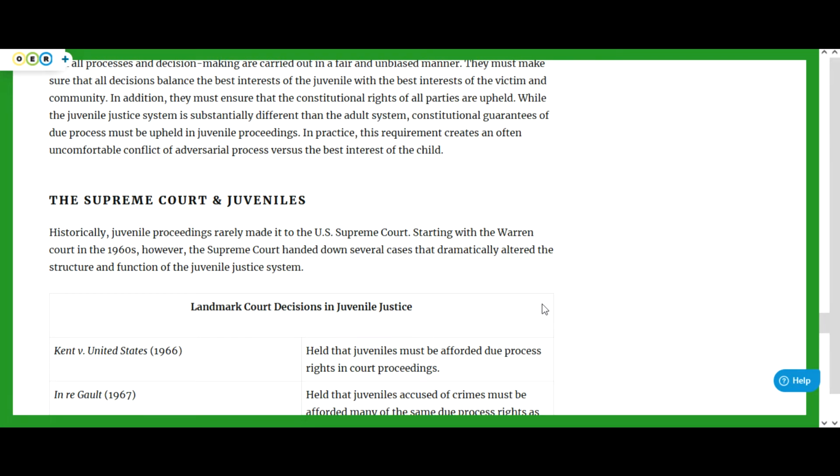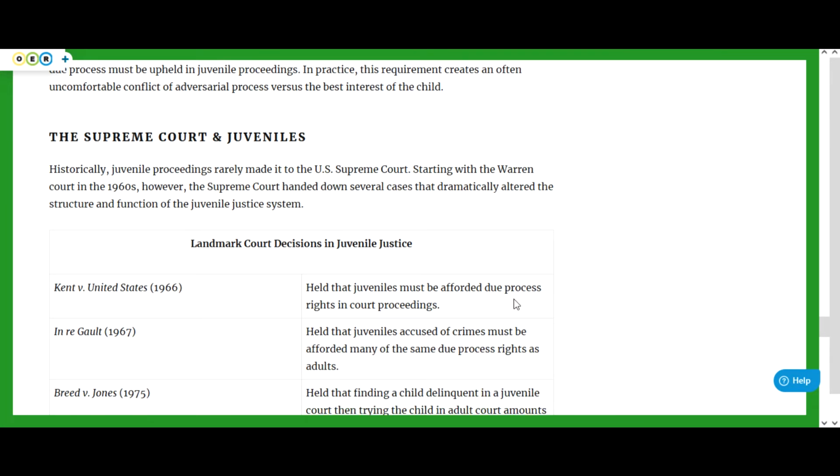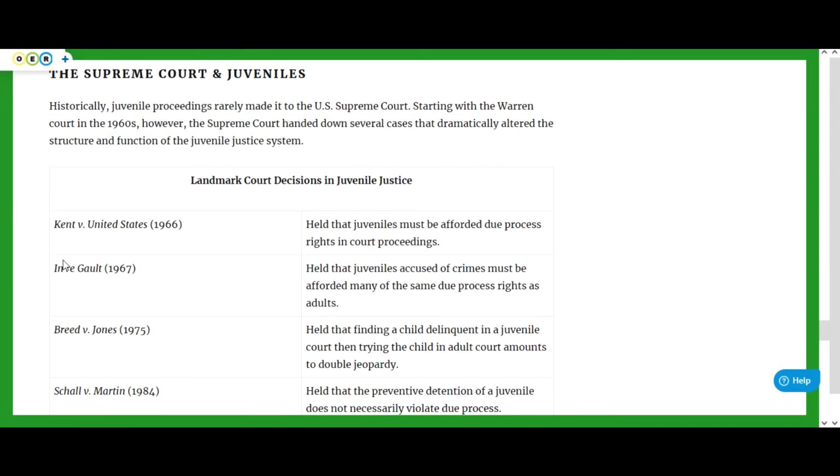All these things we've talked about before, but there are some court cases that are really kind of important that I at least want to put forward. They could show up on a final. They wouldn't necessarily show up on a weekly exam. So Kent versus the United States in 1966, this was the court case that decided that juveniles are